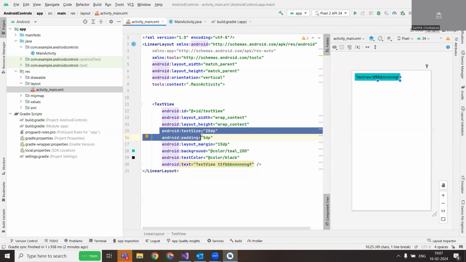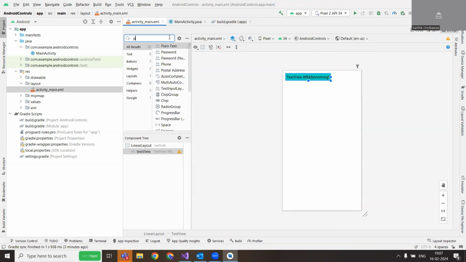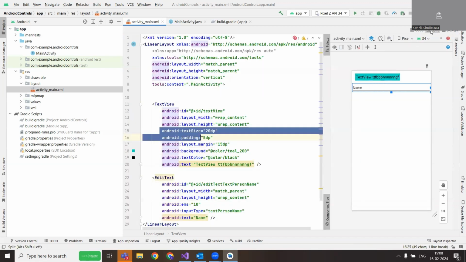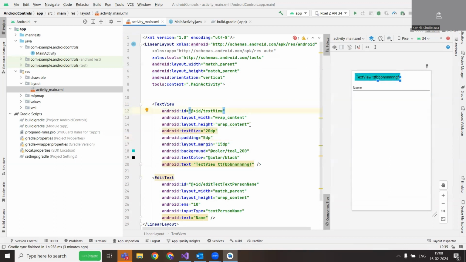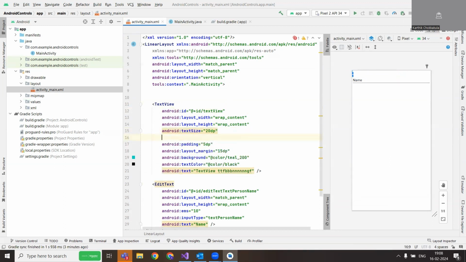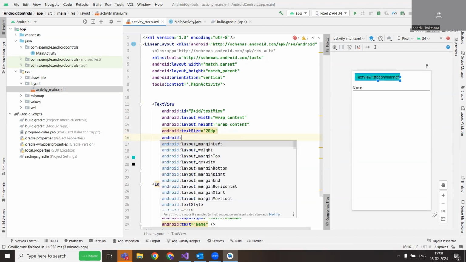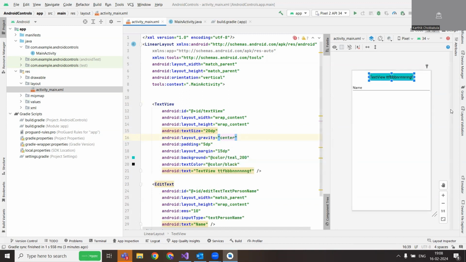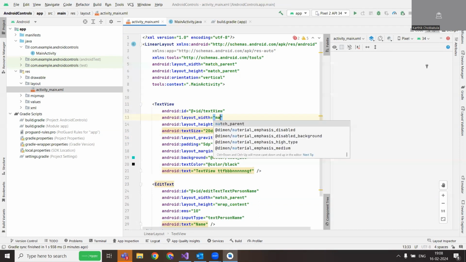So now next let us look at another popular thing which we use daily, our edit text. Okay? So edit text. So how do we use this edit text? So for edit text also we have another thing called, there are two things, gravity. Okay. If I say Android colon layout gravity, if I say center, so what has happened? Your entire control has moved to the center. For example, if I give this match parent,